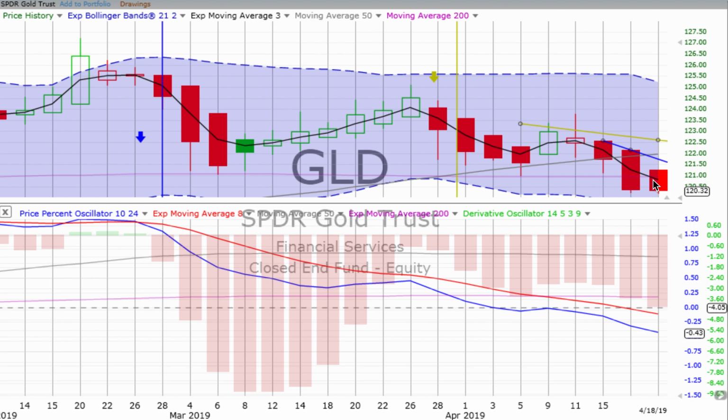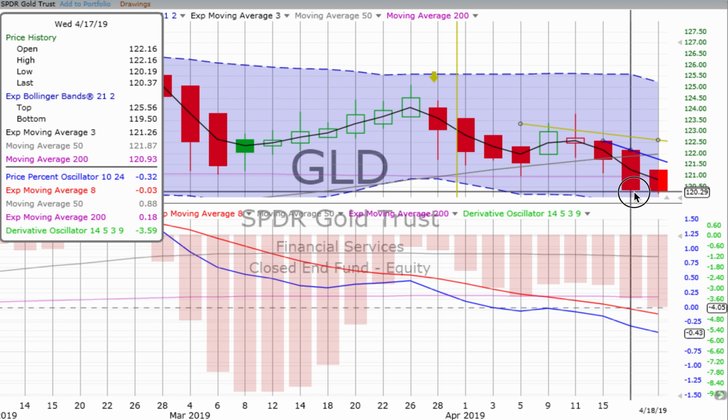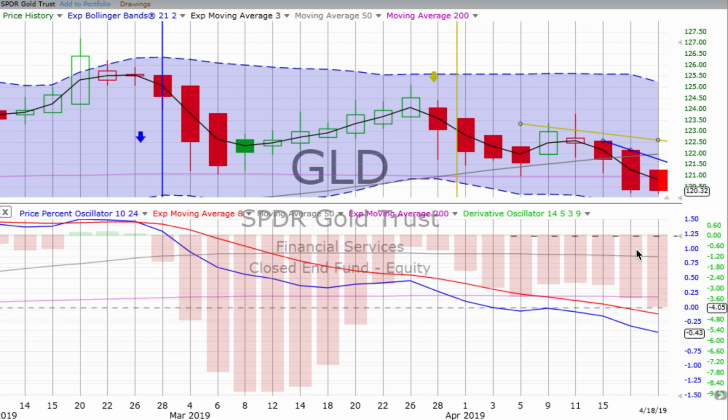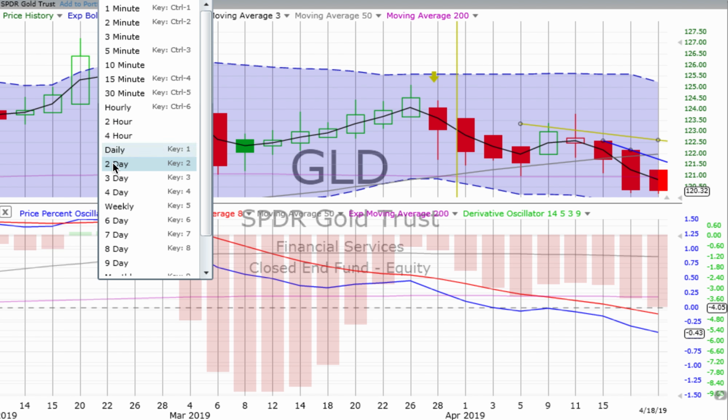2-day chart, first day of the latest 2-day candle. Again, are we going to bottom somewhere around the 120.20 mark or so? Again, it's right sticking there. We see the market closed a little lower, actually, if I remember correctly, than yesterday. I think it was a 120.55. Could be wrong. That's off the top of my head. Closed at 120.37. So again, what we see happening, derivative oscillator gaining downward momentum, price percent oscillator still heading down. So that's good on the 2-day and the weekly chart.